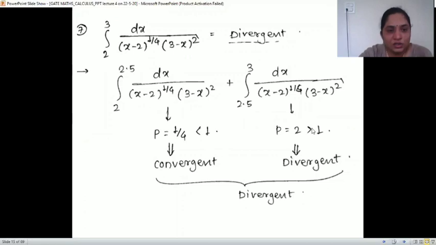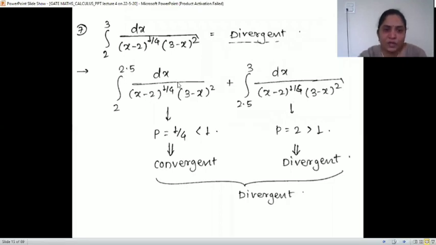Next. Okay, this is divergent, and this one, if we check the denominator, it is x minus 2, that is x minus a, and here is b minus x also. So both are in combination. So what we do here is check where the problem is for the definition of the function. Here the problem is for 2 only and not for 3. So we'll try to separate the integration as 2 to 2.5 and 2.5 to 3, right? That is, for the first, only 2 is the problem, and for the second, only 3 will be the problem.